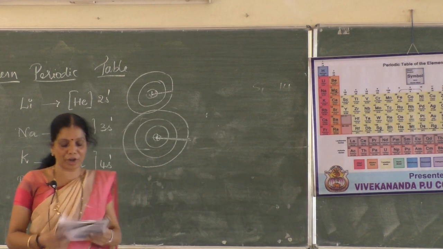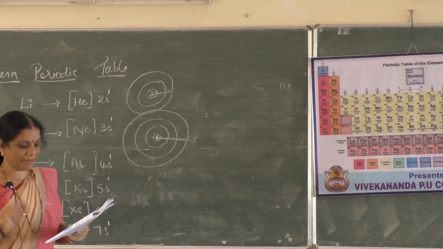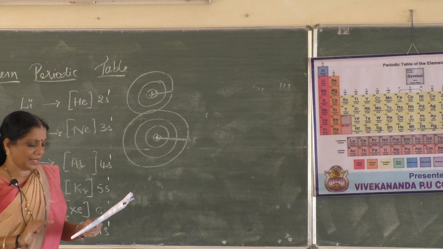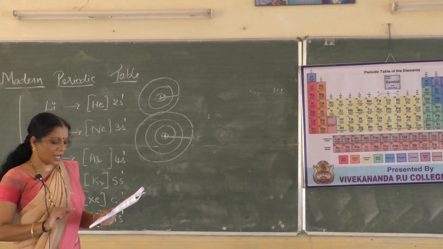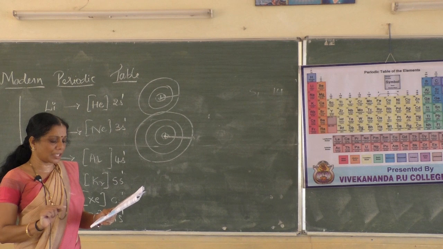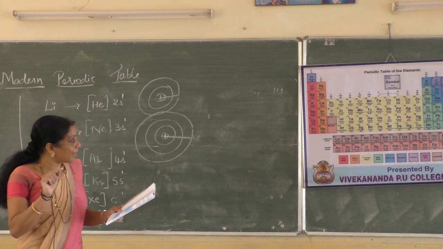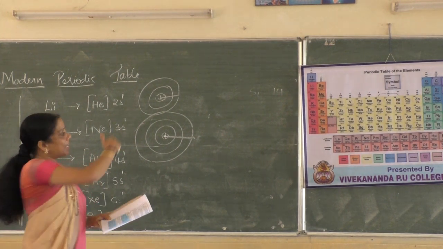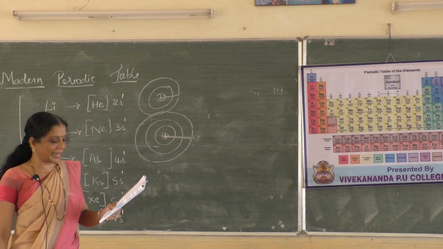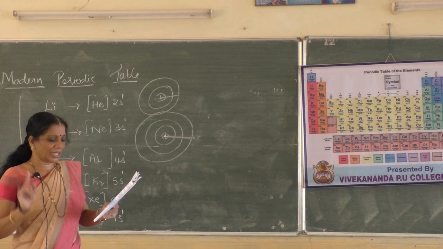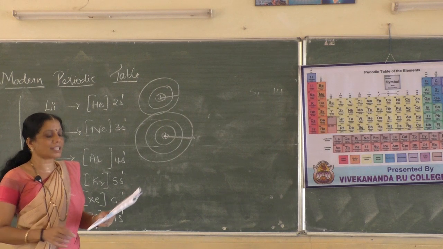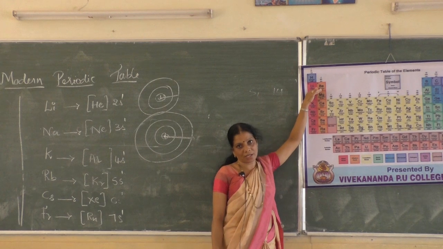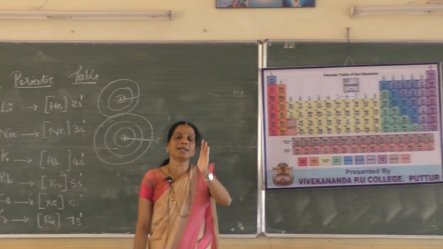This is the first question they have given in the activity 5.7. The second question they have asked you to arrange this only, and the third question they have given is, are the elements now arranged in the pattern of a period in the periodic table? Already we have studied. We can arrange that according to their atomic radii. The next question is which element has the largest and the smallest atom? Again in the second period itself they have asked one more question. Which element has the largest and smallest size?